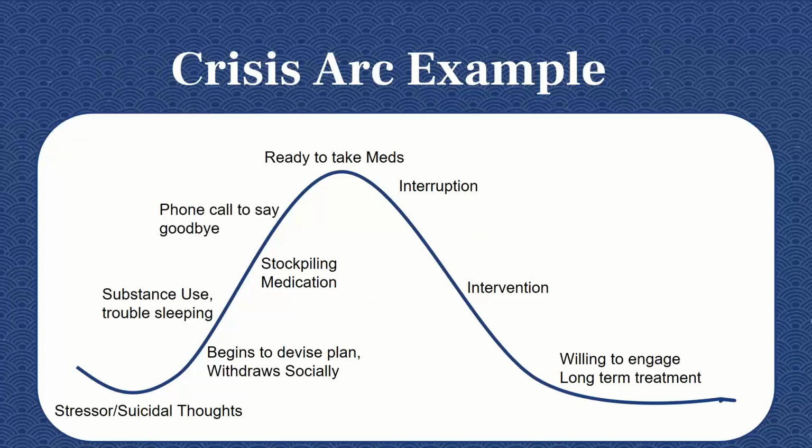And so at the Crisis Center, this is a situation that I see pretty often. And so this is a crisis arc example of some of the things that we just saw in that circle. And so as we look at the arc, we can see at the very bottom left, we may have a stressor. Maybe it's a conflict at work, a conflict in the relationship at home, something that triggers suicidal thinking. And this individual may have anxiety, depression, and maybe they don't have either of those things.